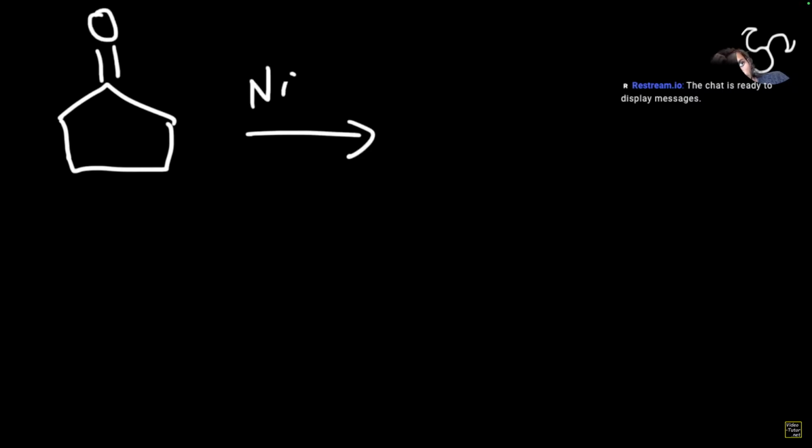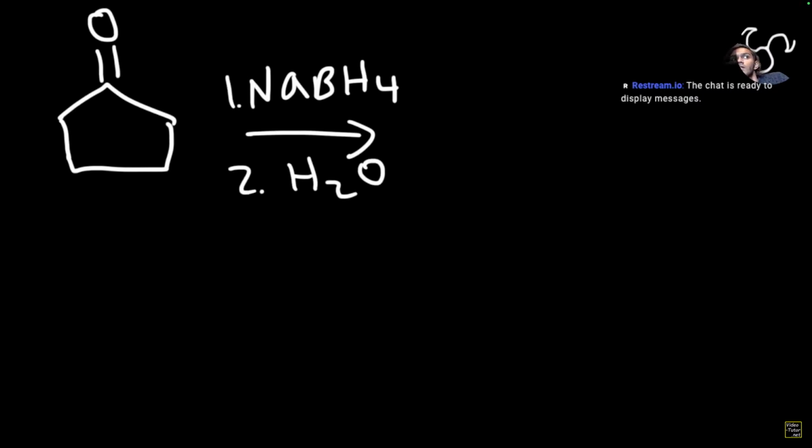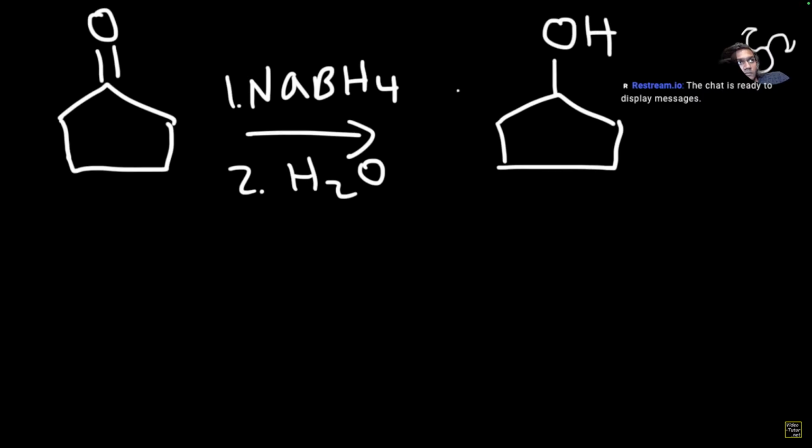Now let's say we have cyclopentanone and we decide to react it with sodium borohydride followed by H2O. What's going to be the product of this reaction? Sodium borohydride is a reducing agent. By the way, feel free to pause the video as I go through these examples if you want to try it. Now, we're going to get an alcohol in this reaction. So what type of reaction is this if we're going from a ketone